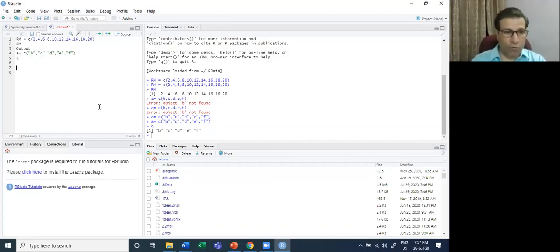Let's make a vector with the name A, and can we call this vector say 1, A, 2, C, 3, D, 4, E.